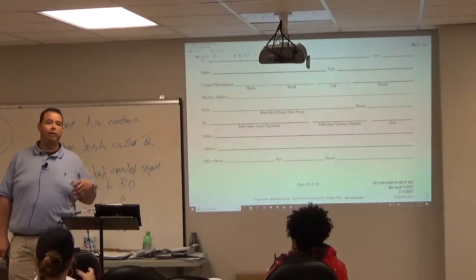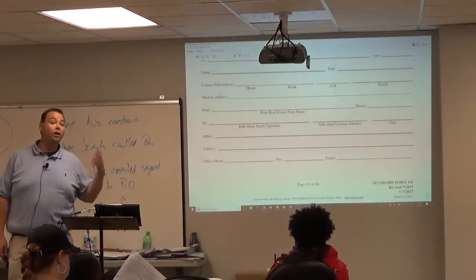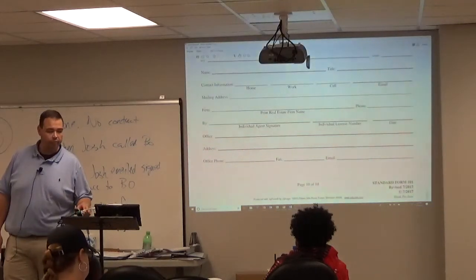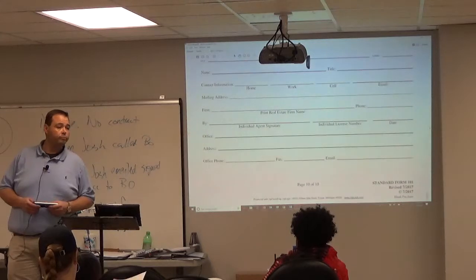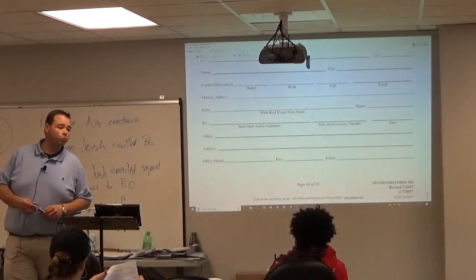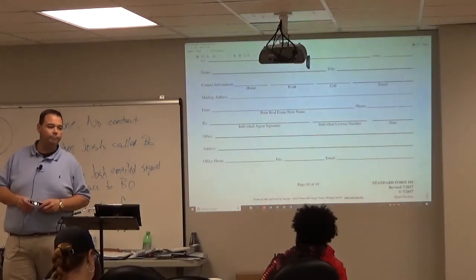So if you get married or you get divorced, your name might change, so it's harder to look somebody up by their name, but that license number is going to always stay the same. You can get a stamp for it if you want to. Most of the time, you're probably going to prepare it in a document preparation software anyway, like zipForms. You're probably going to just be typing it in.